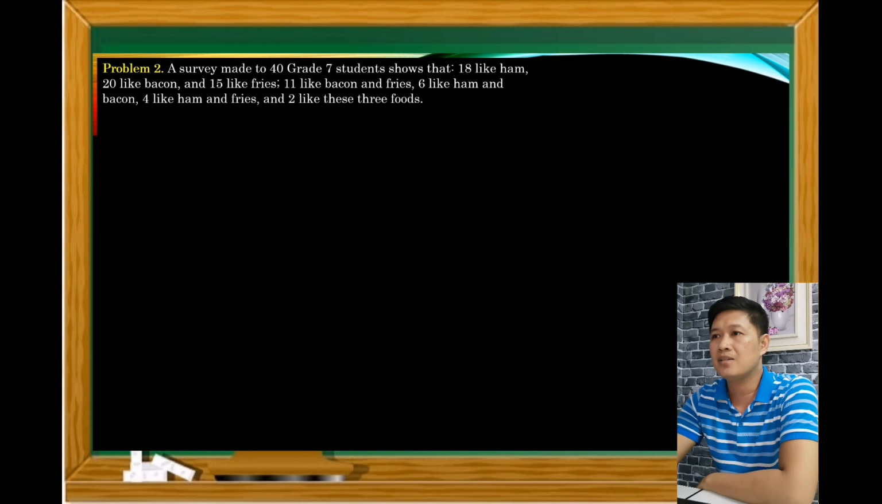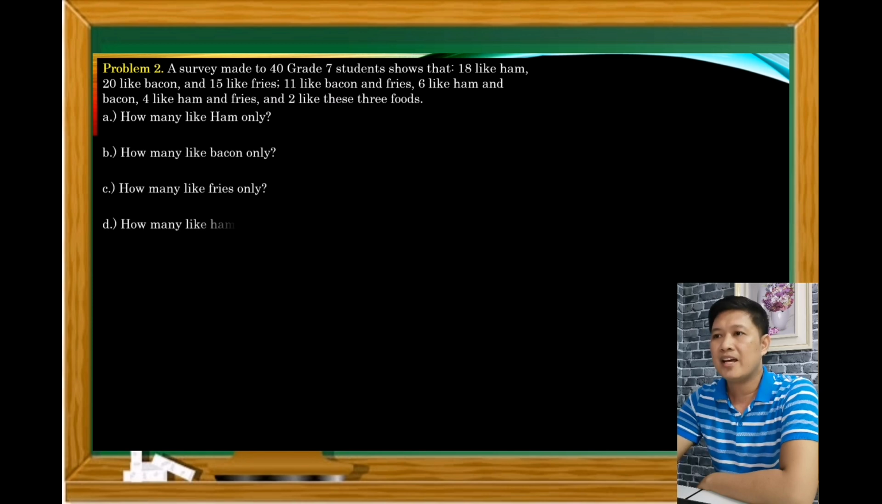A survey made to 40 grade 7 students shows that 18 like ham, 20 like bacon, and 15 like fries. 11 like bacon and fries, 6 like ham and bacon, 4 like ham and fries, and 2 like these 3 foods. Questions are,